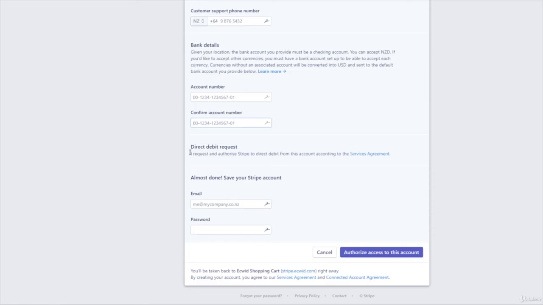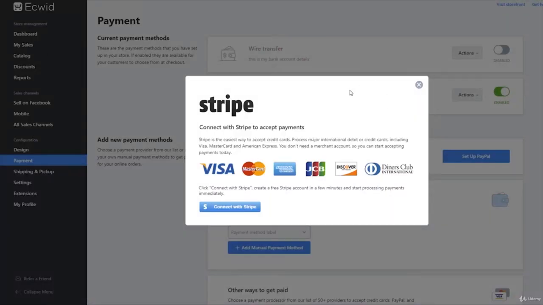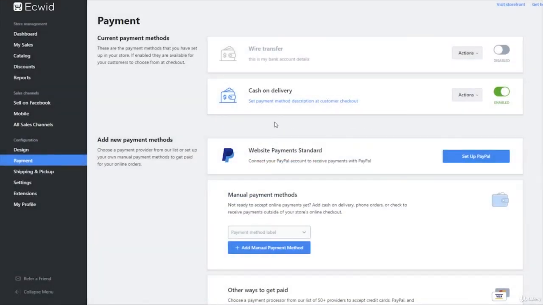You'll want to read the terms and conditions. It requests and authorizes Stripe to do direct debit from this account according to those terms, and you can click on that to have a read through and make sure you know what you're signing up for. Now we need to set up your login, so pop in your email address and a password that you're going to remember, and then click on authorize access to this account. Once that is done, you will be sent back to the Ecwid website and Stripe will have been added under here,